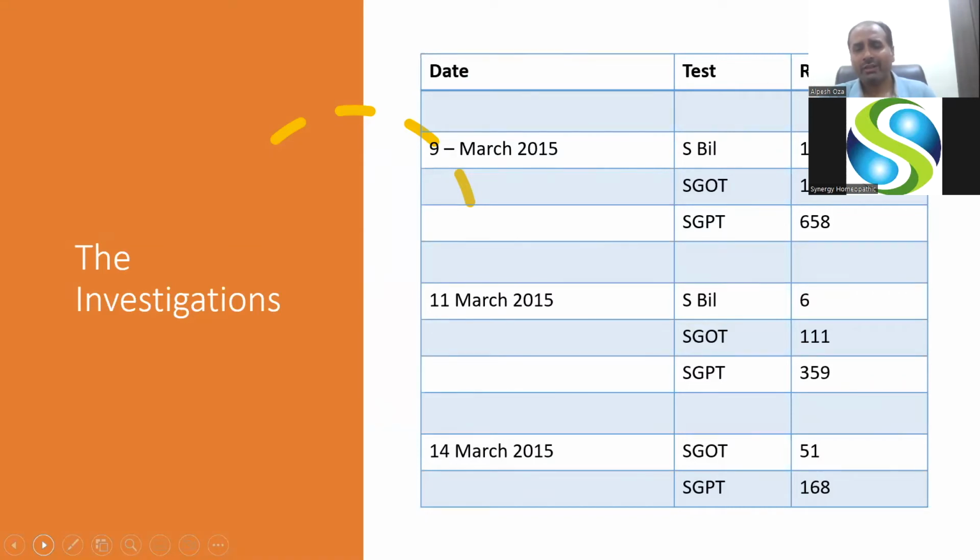So, within a span of few days, 4 to 5 days, the remedy showed its result,